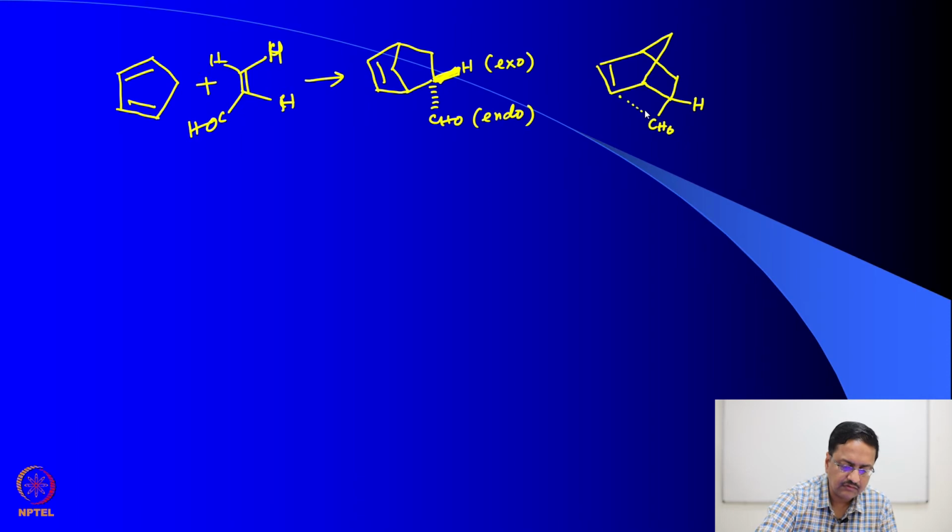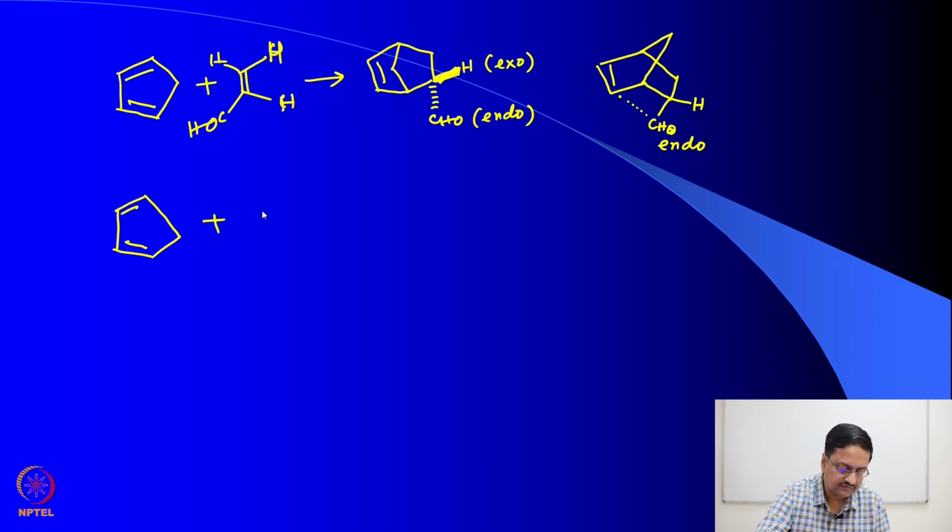So, as if the location of this CHO is closer to the C2-C3 carbon atom, this is called the Endo Rule. So, let us try to use that Endo Rule and understand how Diels-Alder reaction can yield various different products and what will be its stereochemistry. So, for example, if we use this cyclopentadiene and treat this with this anhydride,